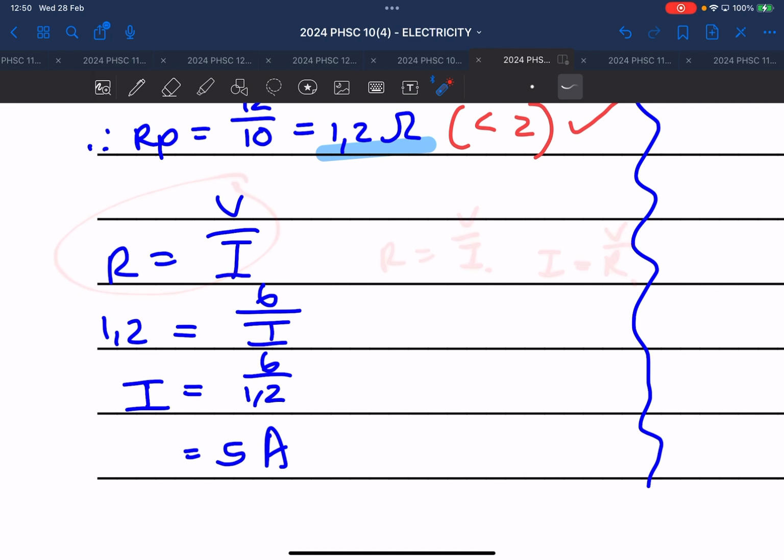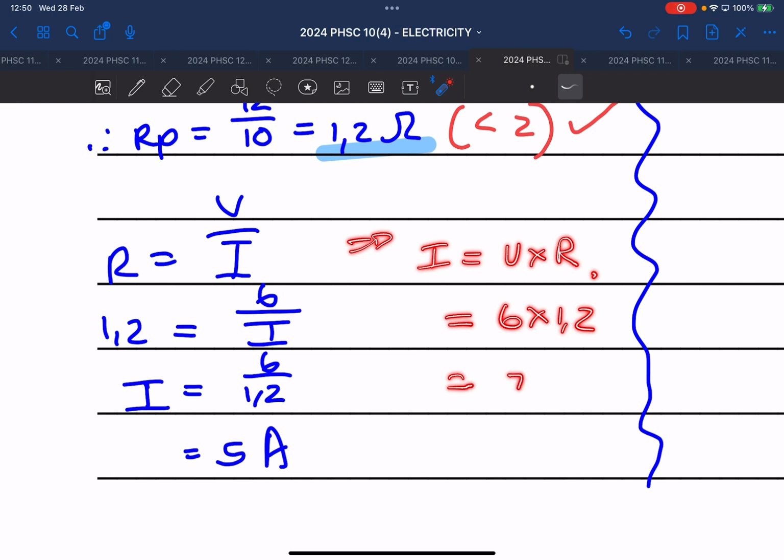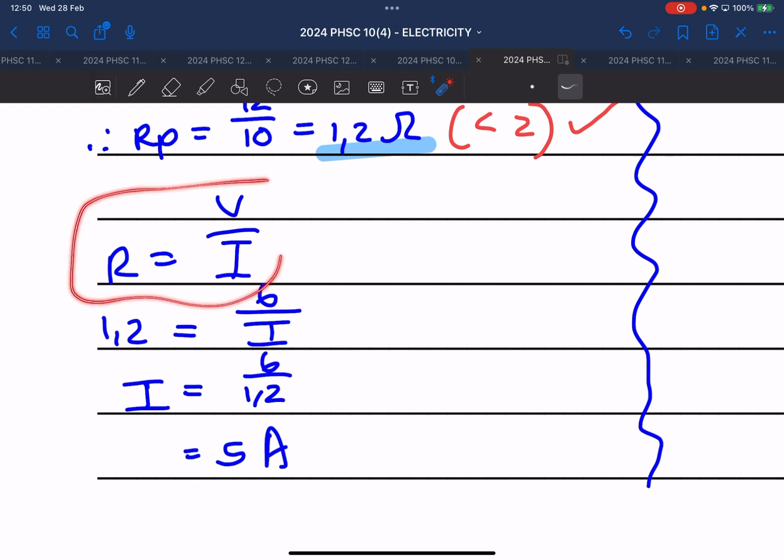If for whatever reason you are stressed and you rearrange incorrectly, so from there you say, okay, I is equal to V times R. You do something wrong, you get that. And now you substitute 6 times 1.2 and you get that to be 7.2. Then you get 0 out of 4. You don't get a mark for the formula or substitution or your answer. But if you do this, you get a mark for that. And then,